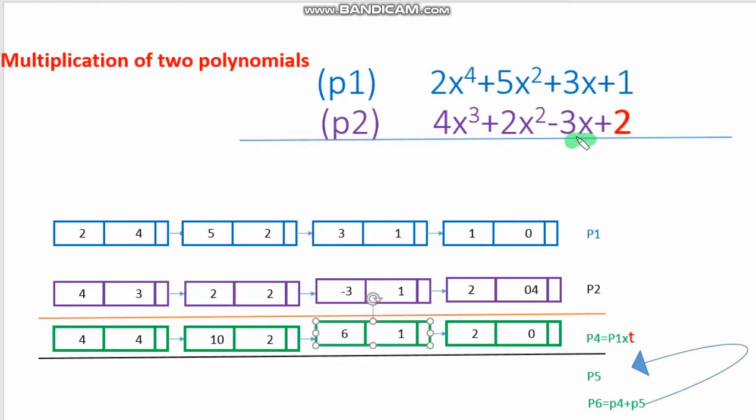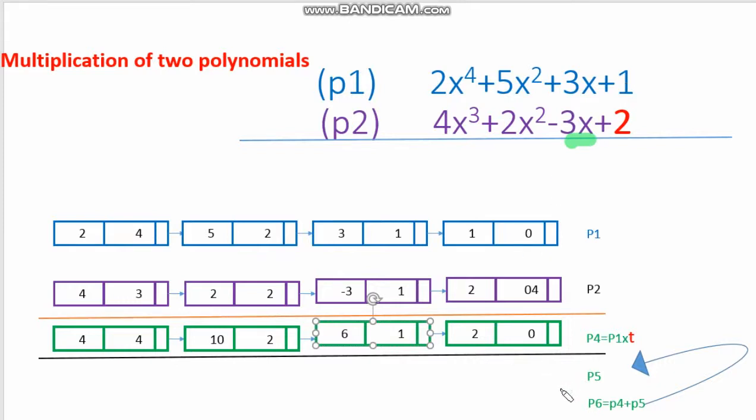So we take the second term, again multiply, 3 into 2 for example here. So this will be the next p4 coming, and the old one would be replaced. You will get the next p4 as 3 into 2 is 6, and here the powers will be added. So it would become 6x to the power 5. Similarly 3 into this, minus, of course, so take care of that, minus 3 into 5 gives minus 15x to the power 3, then minus 9x square and minus 3x. So that would be p4.